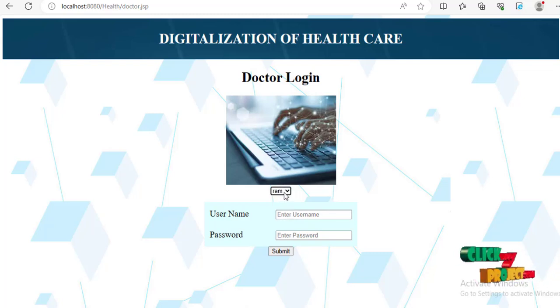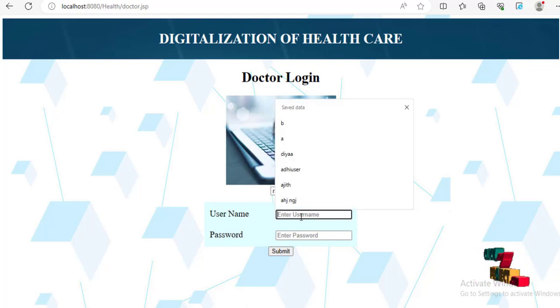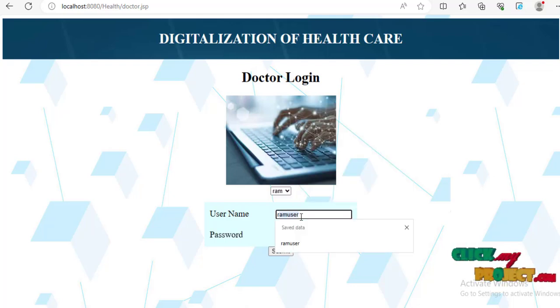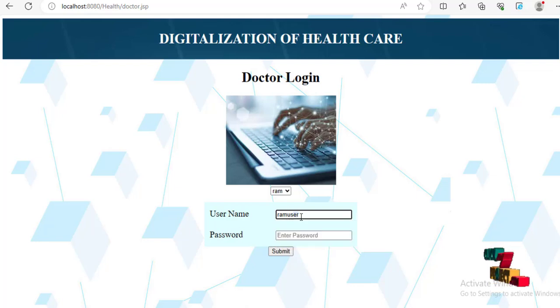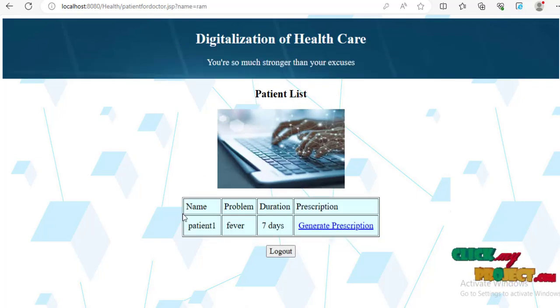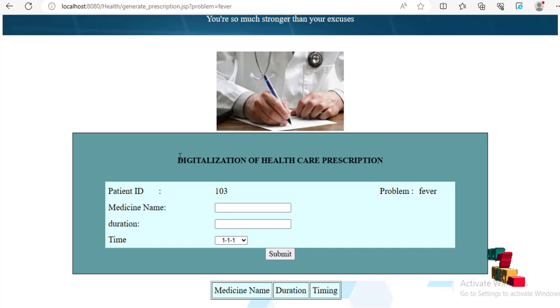Here you can choose from the list of doctor names, and the username and password will be obtained from the admin. Here we can see the patient, patient 1, which is assigned by the admin. The doctor will generate a prescription here; the patient ID and the problem will be here,